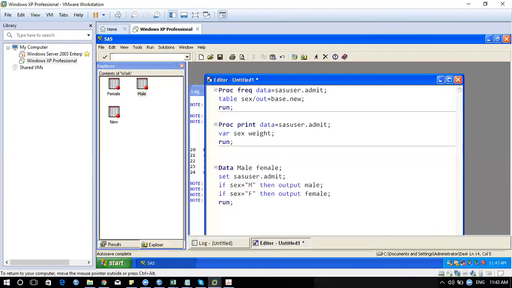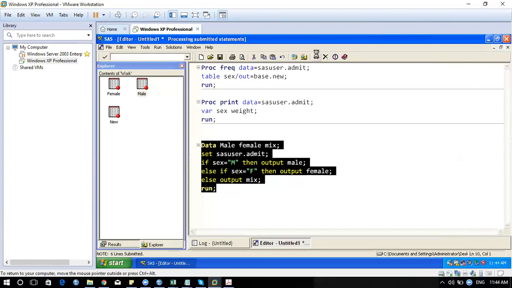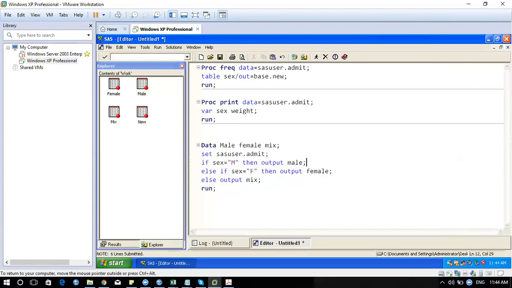This is one way of doing subsetting. Another way, if you are not sure and you have many conditions, is to keep a nested if, which is also good. You can use else if so there won't be mistakes. I'll keep the mix. If I execute, the first true condition gets executed.